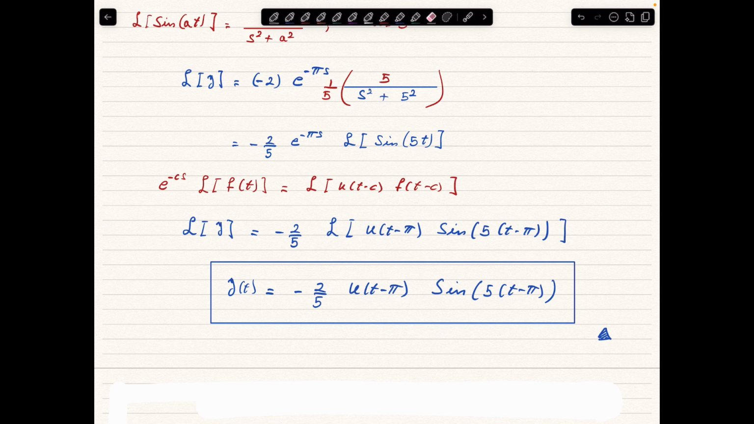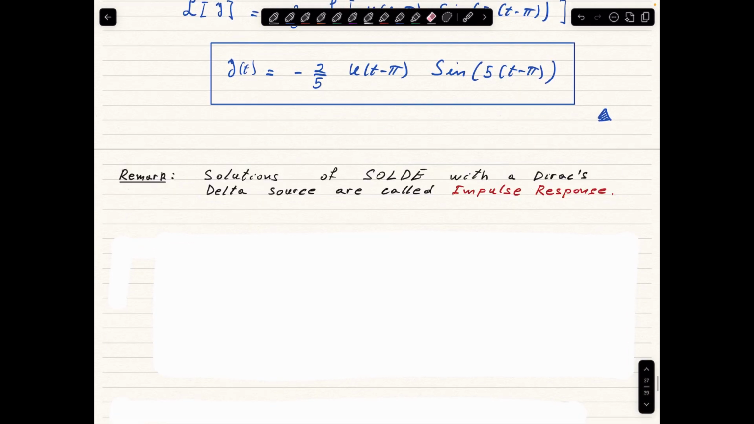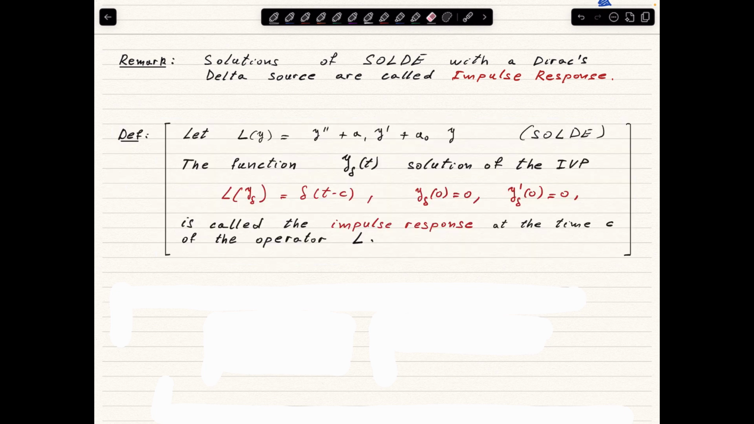Let's finish this video with a couple of remarks. The first one is that the solutions to a second order linear differential equation with a Dirac Delta source have a particular name. They are called impulse response functions. So let's write down this definition in a little bit more precise way. So let's suppose we have L of y,